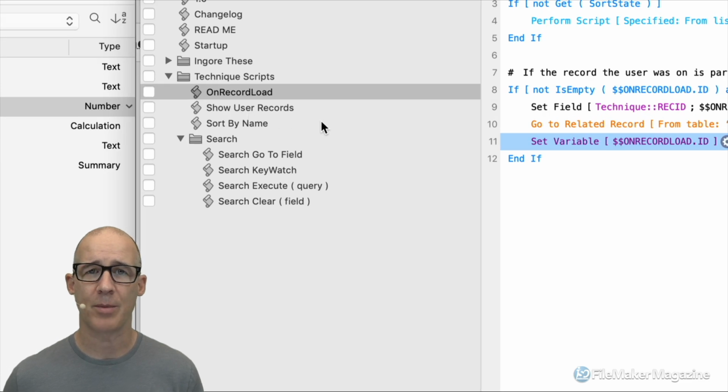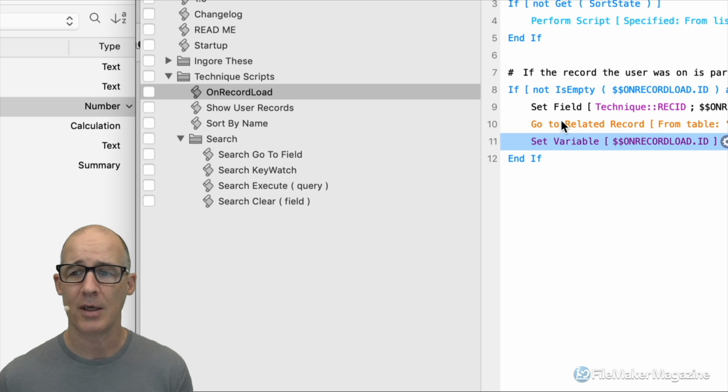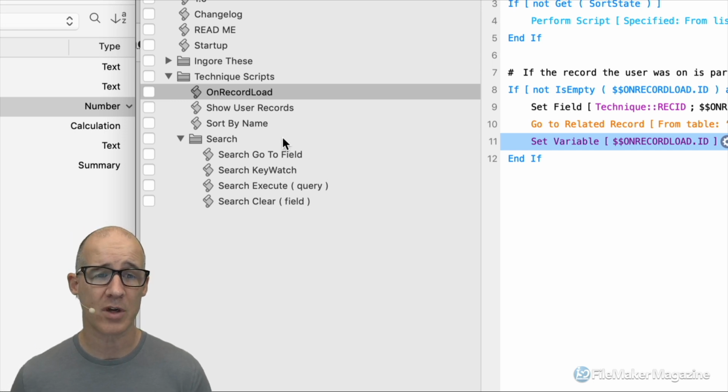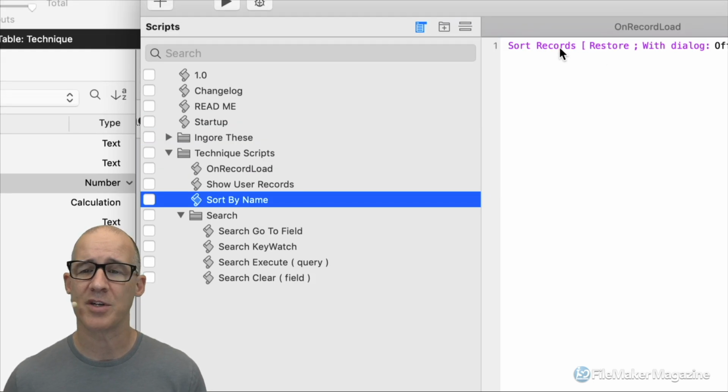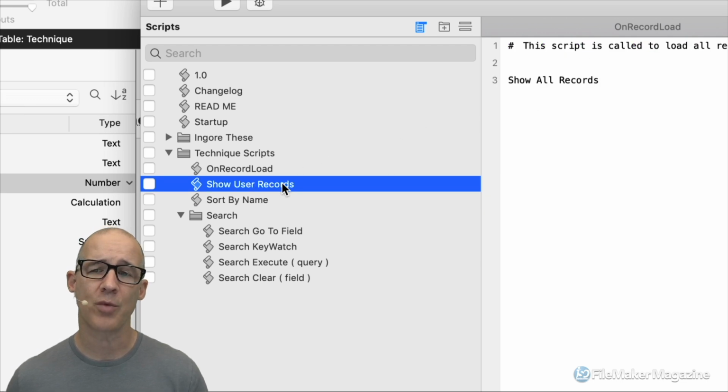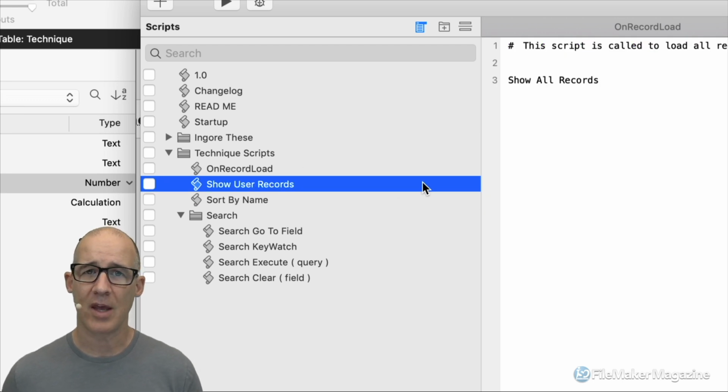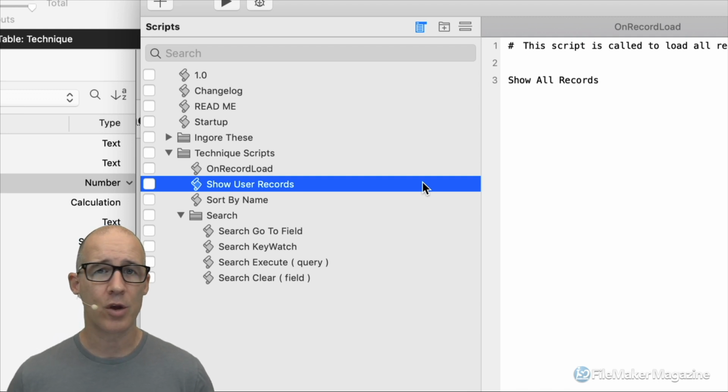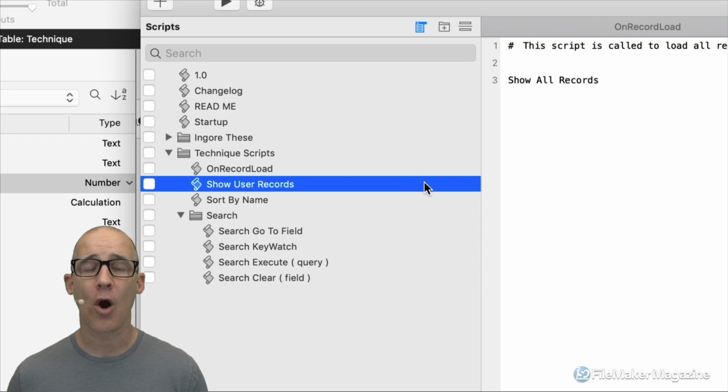So what we need to look at now is the searching part, because all of the rest of these are really pretty simple. On record load is doing the sorting and the loading of the same record the user was on. Sort by name, super simple. That was just a single sort. And then show user records. This is something that if you are going to be creating a database where users can only access their own